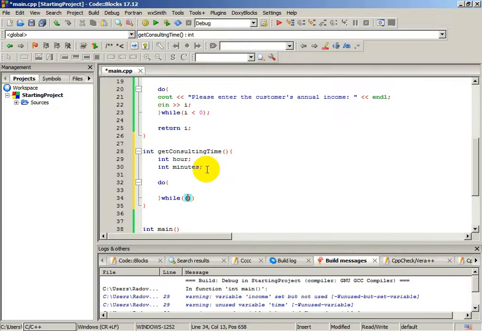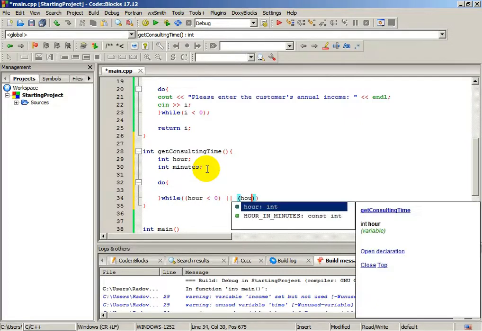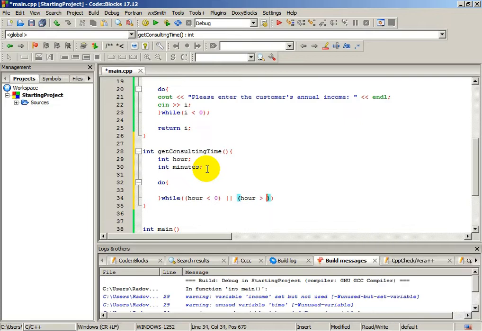And we will write while hour is lesser than 0, and we will use or, hour is greater than 5. Okay, what does this mean? If hour is lesser than 0, a negative number, or if hour is greater than 5, the loop will run. And inside we will have the question,